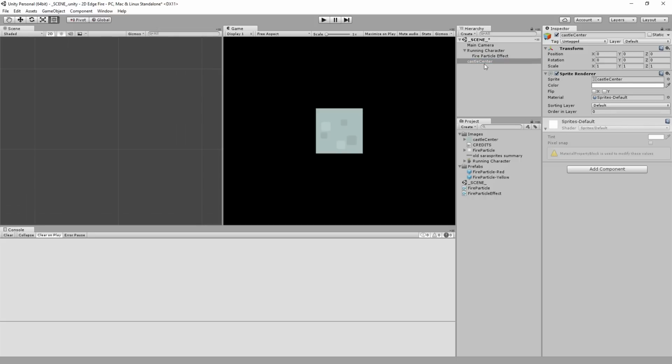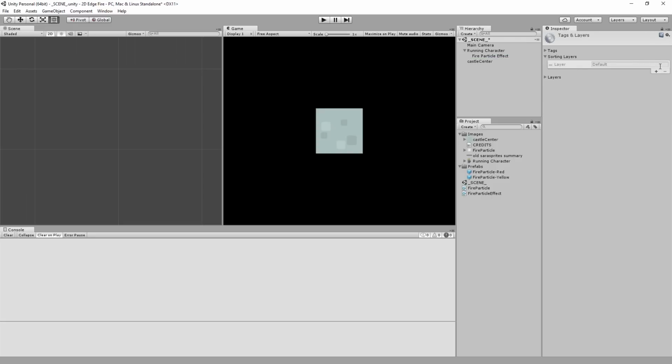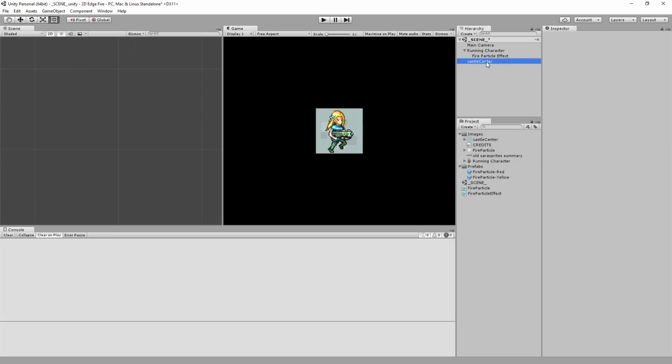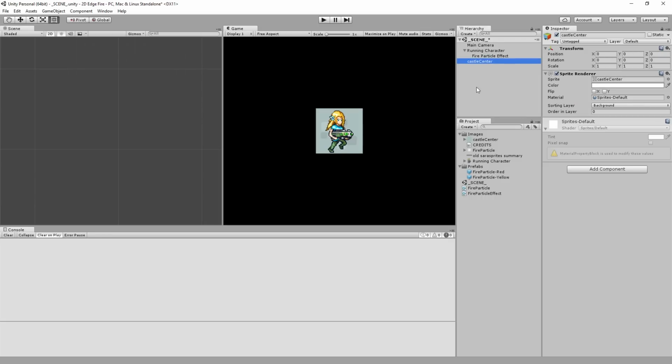But I can't tile by default. Add a sorting layer here called background. That way it won't hide things. And then the castle center will go to the background layer. I guess what I can do is just make this bigger. Well,